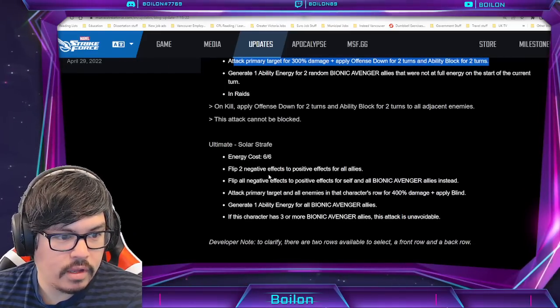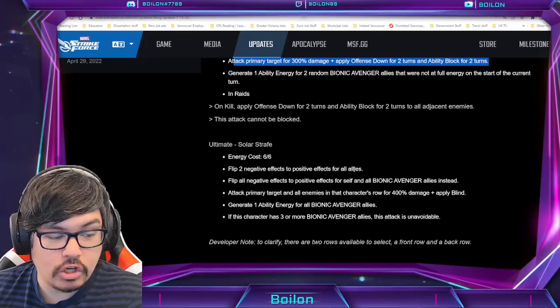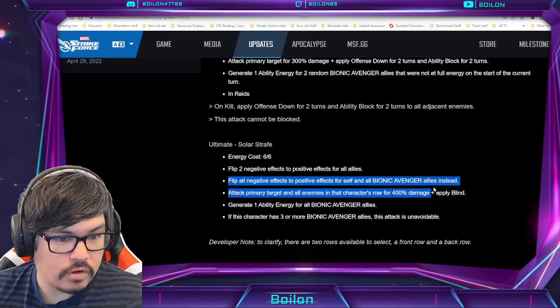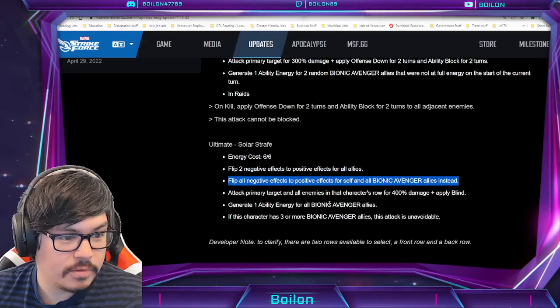Ultimate Solar Strafe. 6 out of 6. Flip 2 negative effects to positive effects for all allies. This is a good way of getting rid of those pesky heal blocks that are on Doom 2 with Silver Surfer and Colleen Wing. Flip all negative effects to positive effects for... Oh, okay, so yeah. All allies, but then with the team, it's all...